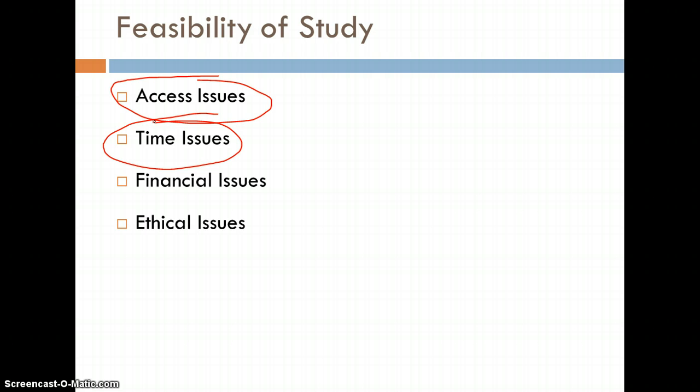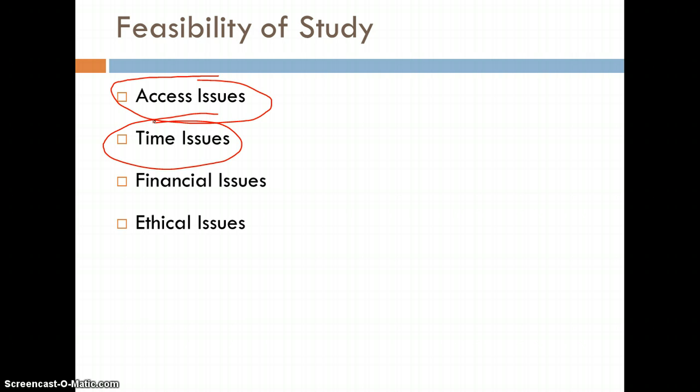or you are doing that right now, time is going to be an issue because at the end of the class you need to have a complete draft of your research proposal. Or if you're doing this for a thesis or a dissertation, you know that you need to be finished by May if you're trying to graduate in the spring, right? And so you have to take into account the time that you have to do a particular study when you're planning the activities, when you're thinking about how do I get the data, how do I conduct the analysis, how do I do all this stuff, write it up, etc. Have time for feedback. All that goes into your time consideration.